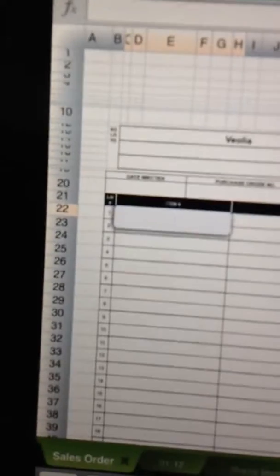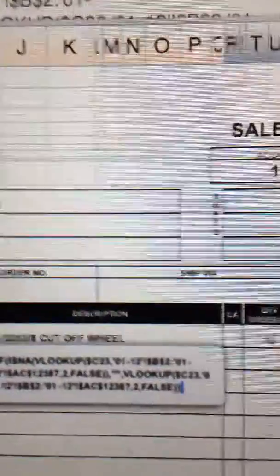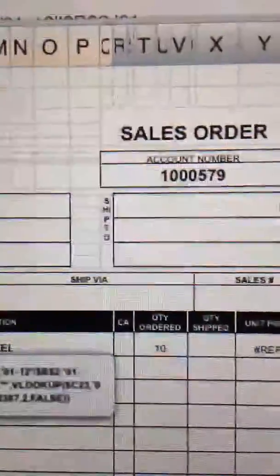The coolest part is that what didn't work before and seems to be working just great now is the order entry side. 69350, a part number that all of us probably know. And then you can see, let's see, come on, there we go. So it populates, just like on your laptop, with the formula. I don't know why it shows up, but you get your description, your package quantity, which you can change. Unit price is not filled in because,